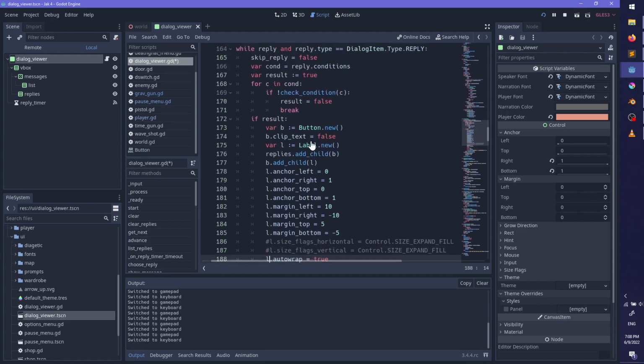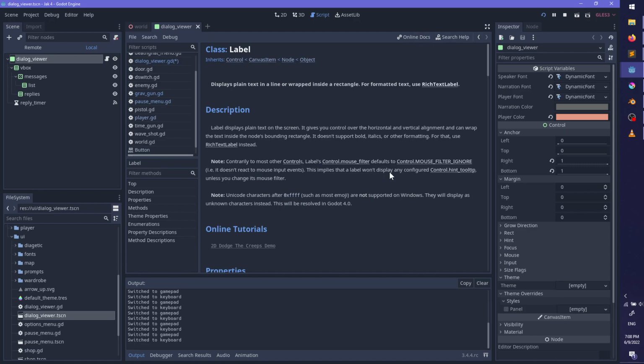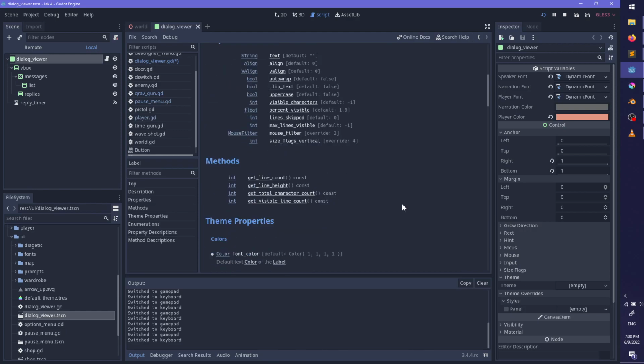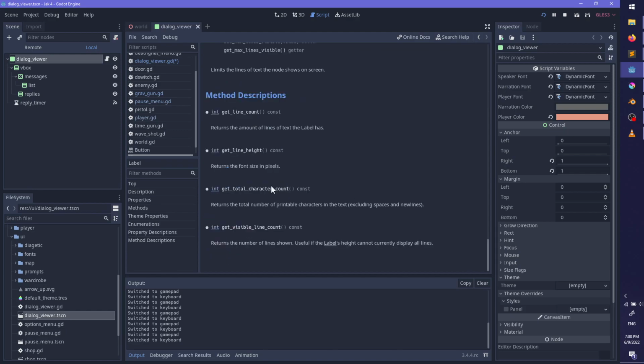Even though the label needs to extend beyond it, there's nothing to actually tell me what the visible size is going to be. What does it get? Line height times get line.